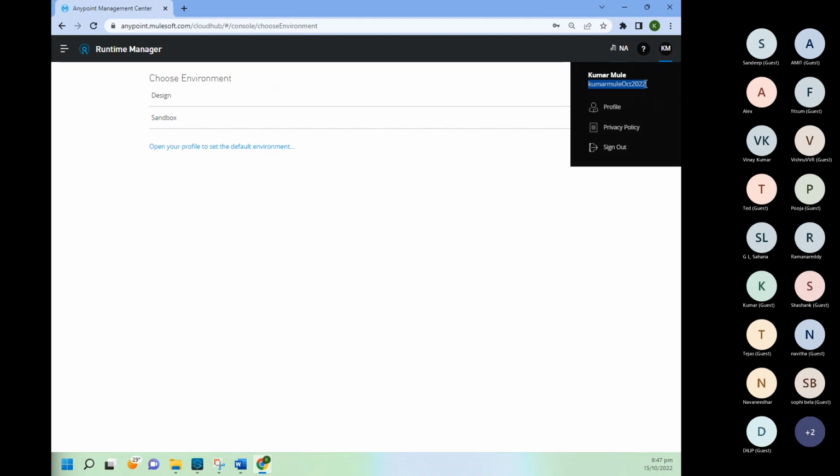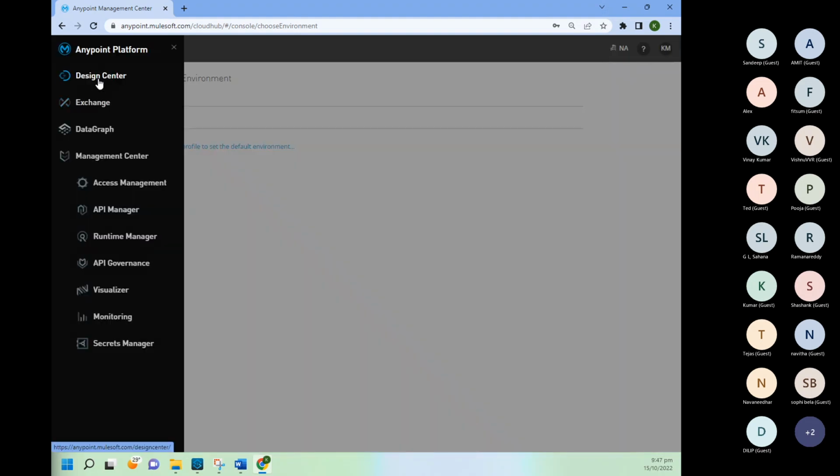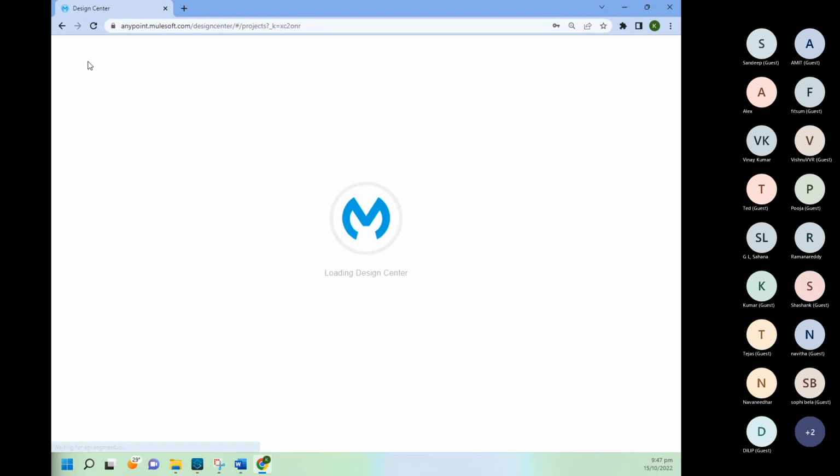Okay, so you can also put something like every month. It's very difficult to remember all the account credentials. So for every month, you can put something unique and then create. Okay, and once you create your account,